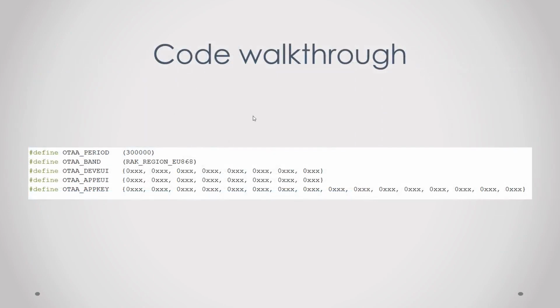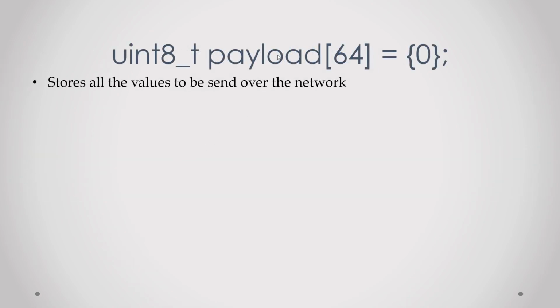So the first thing you do is define the console keys like we did in the last episode, and also define your region. Then we have this payload. In this payload we basically append all the data that we want to send, and then we send this whole variable, the payload variable, over the network, and then we later decode it. You might have noticed this